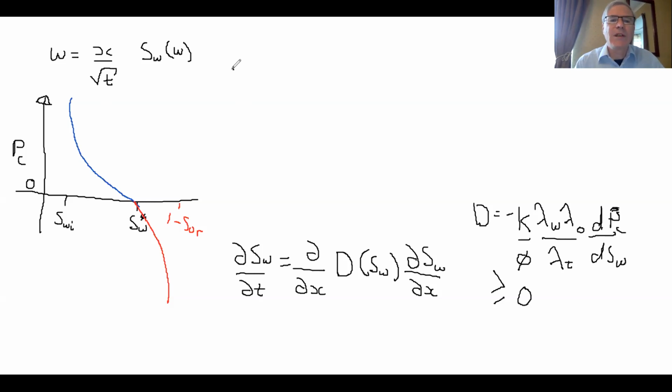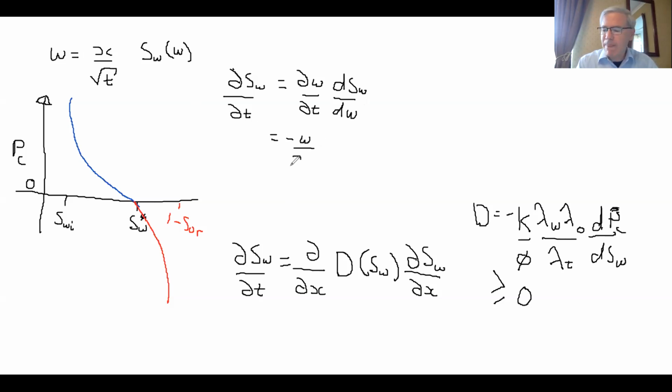So you've got dS by dt is dw by dt times dS by dw, and this you can differentiate, right? So you get minus a half x over t to the 3/2. This can actually be written as minus w over 2t